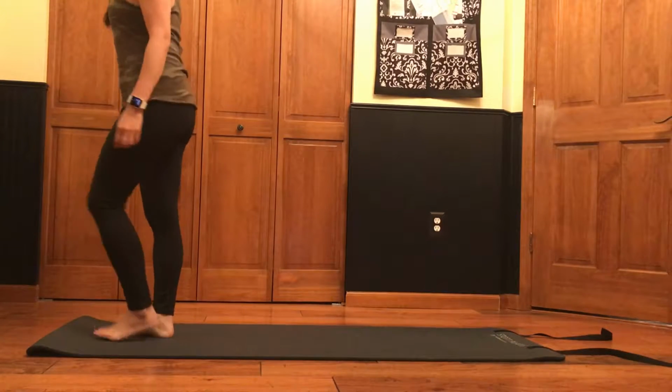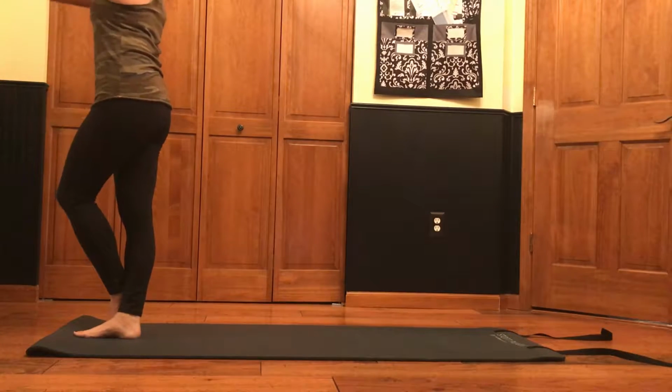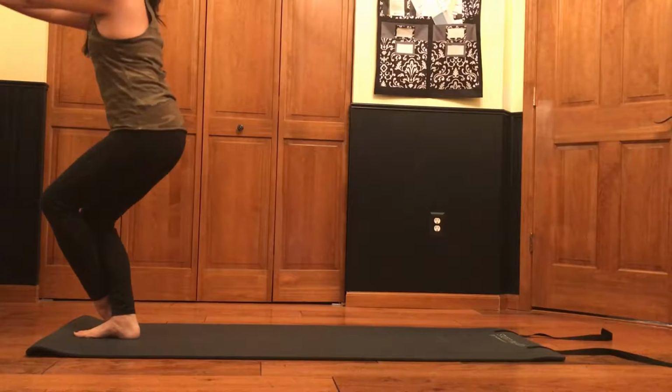Okay, so we're going to start, and we just saw dolphin, so we're very happy. So we're going to start in our position, pressing the arms together, lifting the girdle up and letting the spine